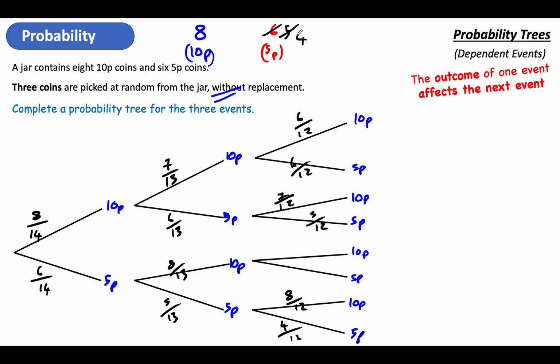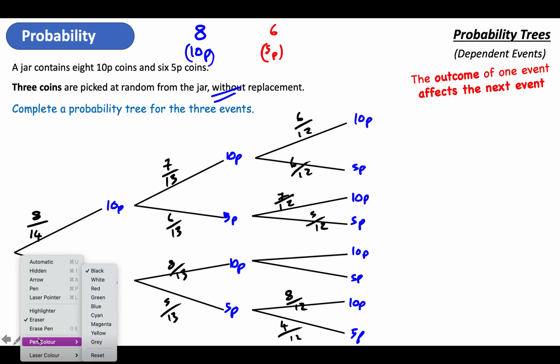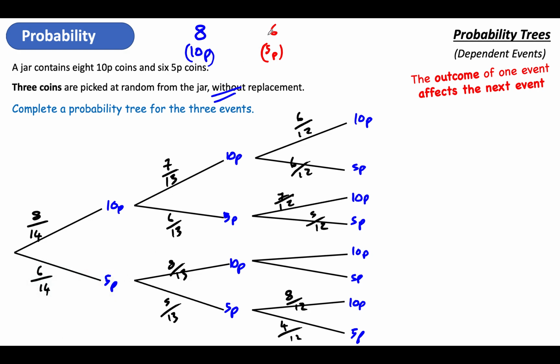And lastly, in here, we sort of need to back up a little bit. If we end up in that point, that means that I came down here and selected a 5p. But I've gone up this journey and selected a 10p. So now, 10s, there are 7 out of 12 10p's. And the 5p's, there are 5 out of 12. So there's my probabilities. And if I was going along the branches here and working out the probability of a 10, another 10, and then a 10, I didn't ask you to do this, but if I did, it would have been